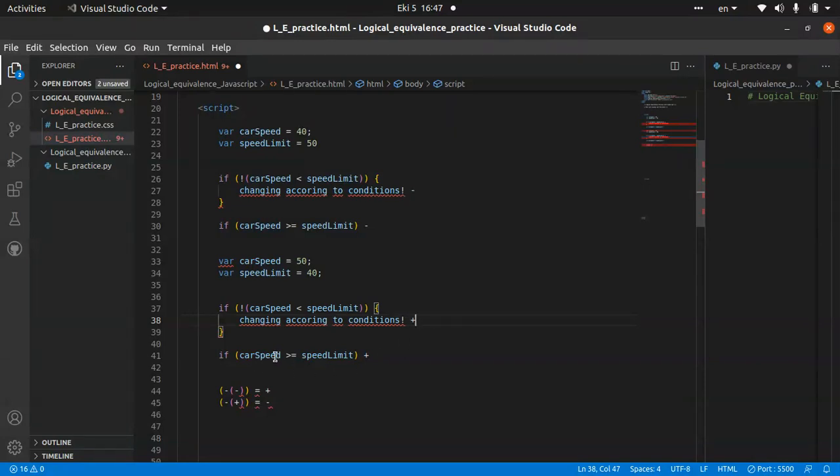So if car speed is less than speed limit, not less than speed limit, if not false, it will be true again. In this case, it will be greater than speed limit, right? So it's all about these conditions, guys. Just apply the same things. Everything in this case is true for the situation. It is like 50 speed limit. Then if car speed is 40 and speed limit is 50,